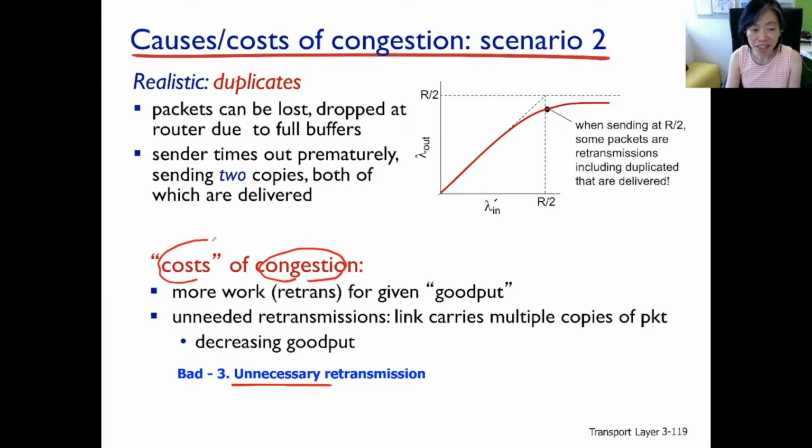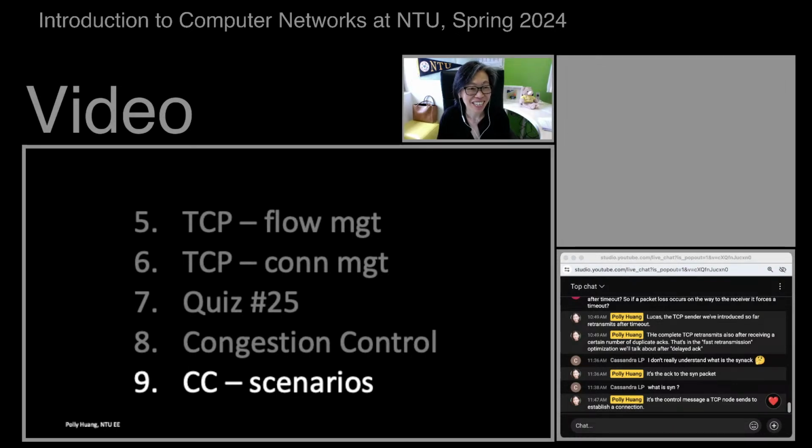So the cost of congestion is actually not that trivial. It's not just that the delay rises, it's not just the loss increases, but also the traffic being dumped, injected into the internet also increases. So in the end, the internet is doing even more work, while the throughput is not getting better and sometimes even worse. As you see, the margin here is bigger than the previous case. All right. So congestion, not that good, right? So delay and now unnecessary retransmission.